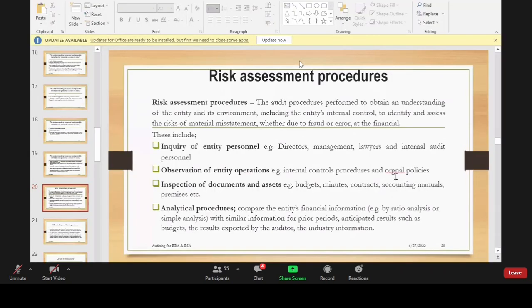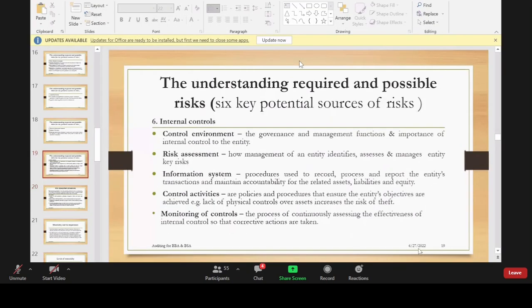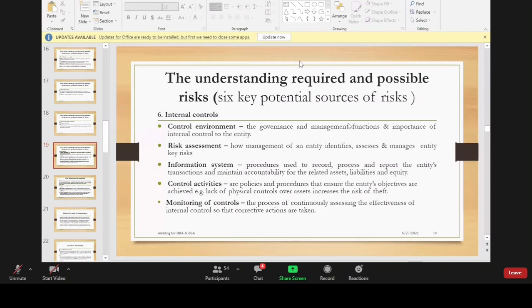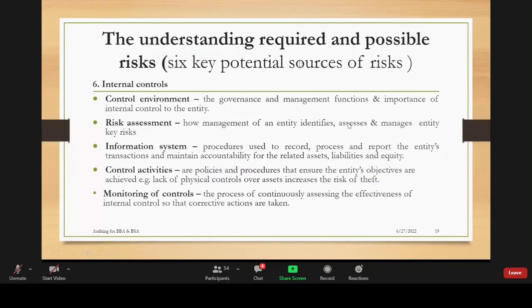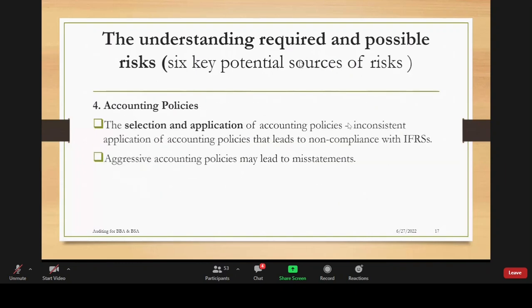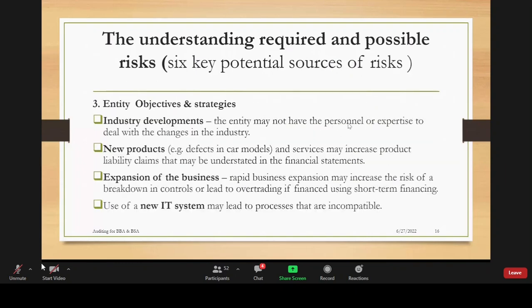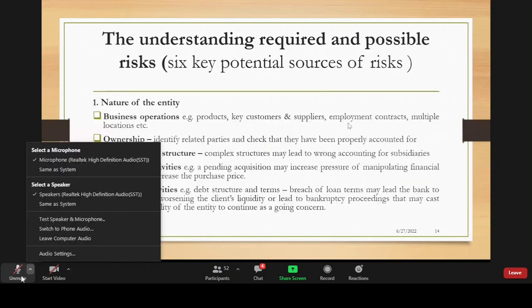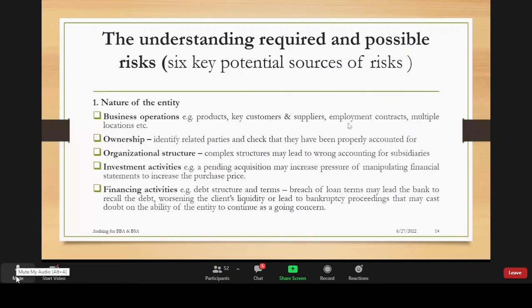Let me entertain some questions before we close off. Excuse me, sir. Yes, sir. I was requesting you to repeat the first point for me. My network was not okay, I came in when you had started the second one. The first point of the sources of risk. This one here. Hello. Yes, the first point of the sources.